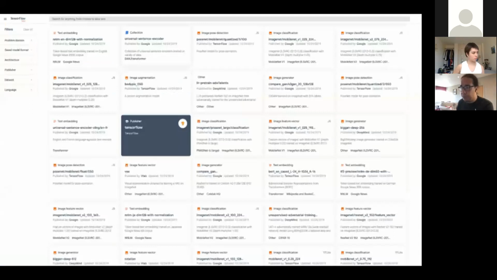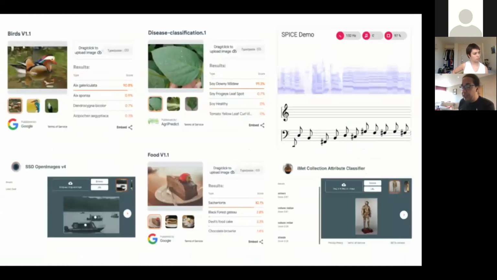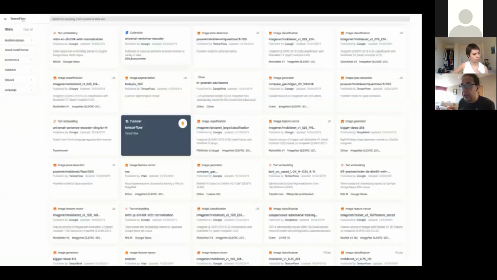There's more people publishing. And the cool thing about the models is that TensorFlow Hub has a search page. Let me just go back here. So there's a search bar. You search for whatever term, like if you want to search for object detection, or, I don't know, sound, or a specific model name like BERT, or a specific architecture or dataset, you can search for all of those things.